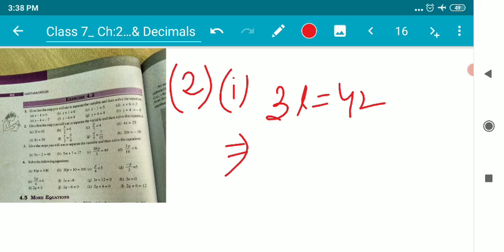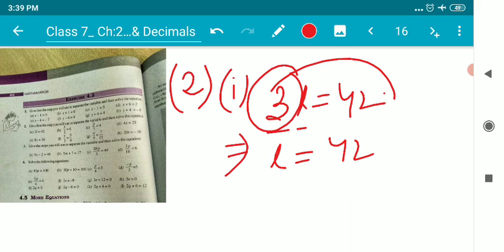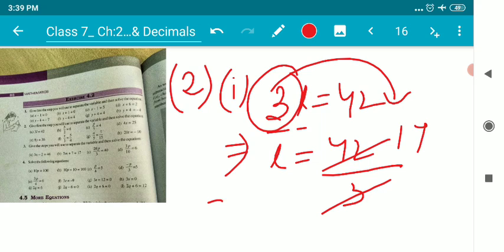Children, the very first thing that we need to identify is the relation between the variable and the number. The variable is L and the number is 3, and they are sharing no symbol with each other, which means they are in multiplication. As there is no sign in between 3 and L, they are multiplied to each other. So I'll just keep L over here. I'll write 42 on the right hand side. 3 will be transposed from the left hand side to the right hand side, and that's going to be divided by 3. Okay, so 3 1s are 3, 3 4s are 12, which means the value of L is just 14.